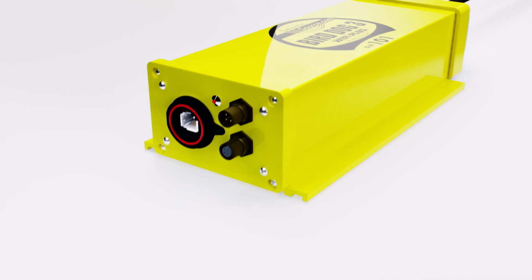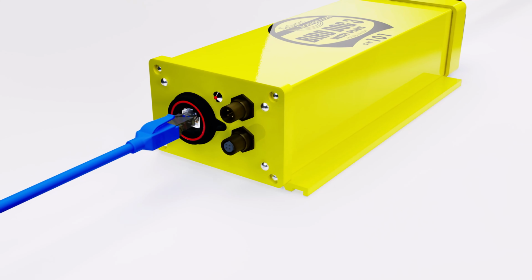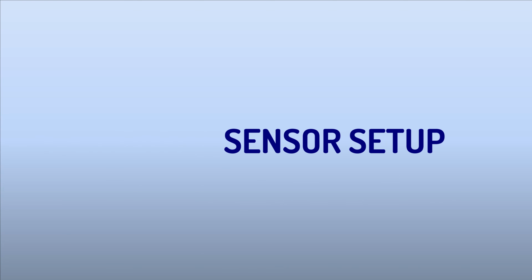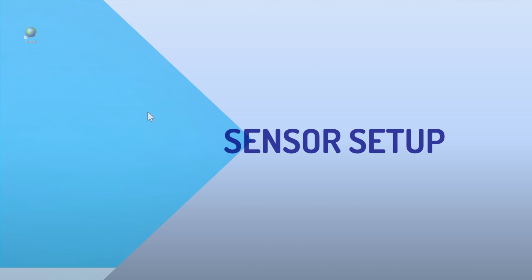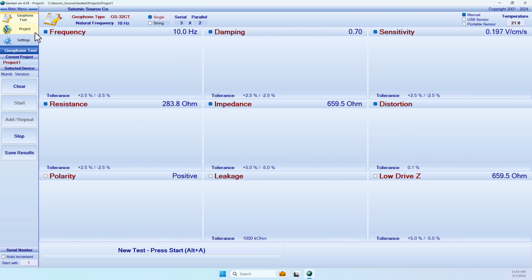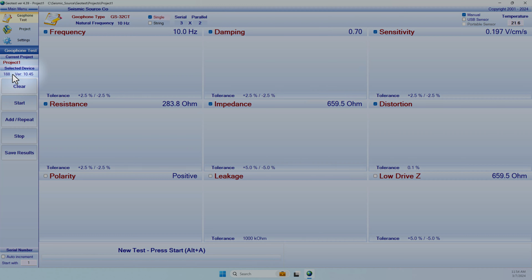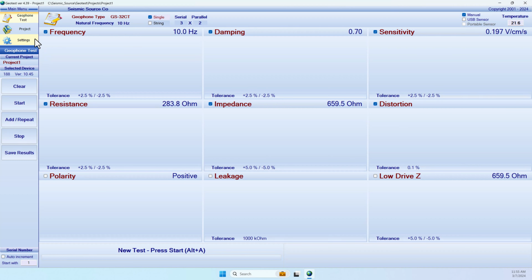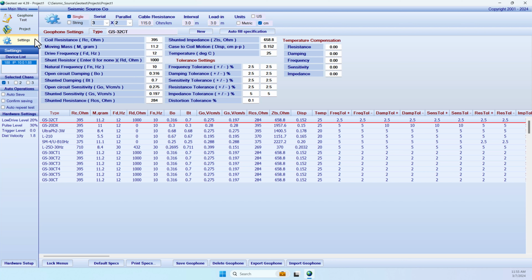To set up with GeoTest, connect an Ethernet cable to your computer. Next, open the GeoTest program on your PC. If your network adapter is set up correctly, the user should see the unit number and selected device's current firmware version under Selected Device. If connected to multiple devices, the user may select the desired device under the Settings window